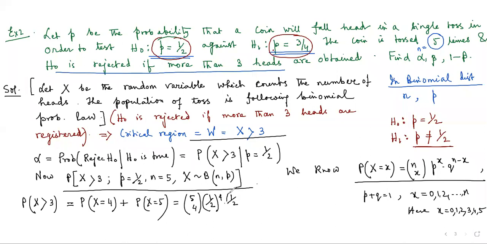So that is half to the power 5 minus 4. 5C4 is similar to, since NC1 is similar to NC(N minus 1), 5C1, and 5C1 is 5, and this will become half to the power 5